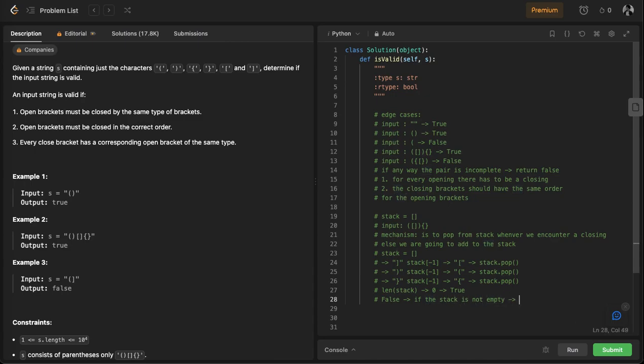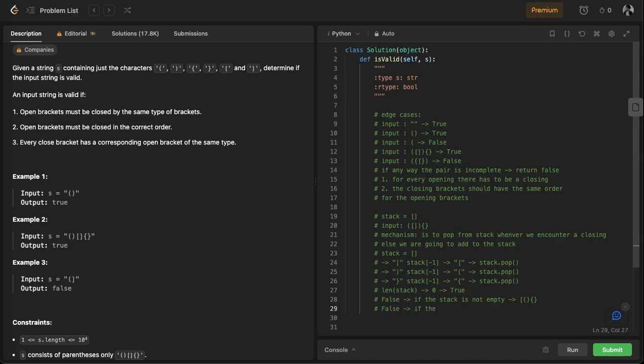Think of it like this: this bracket was put, and every other would get popped eventually, and the stack has 1 remaining in it. So obviously that means the pair is not complete, and we are going to return false